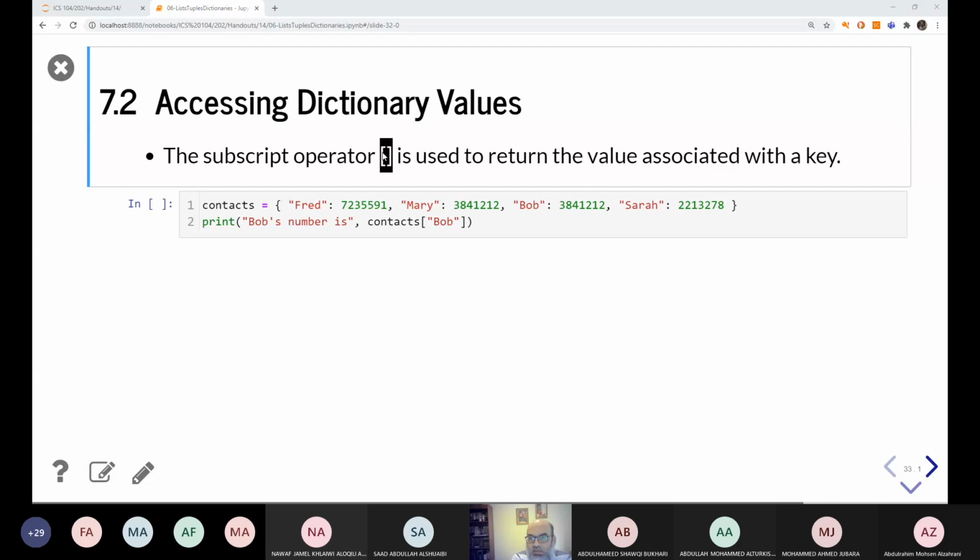What are we going to put in between? The name? The key. Yeah. We are going to put the key. So, for example,